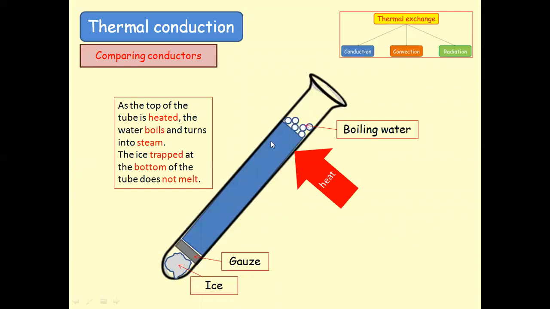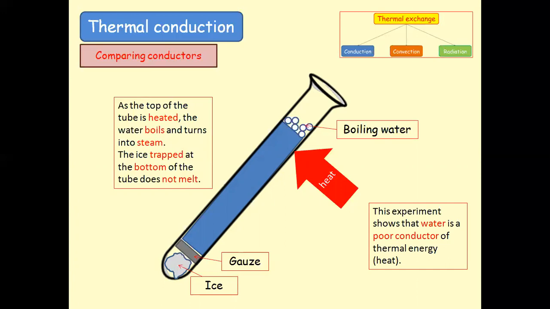Look at this experiment also. We have a tube that is filled with water, and we have gas here that is covered with a piece of ice. And we expose the heat from this side. After a while, the water heated up and starts to boil, while after some time the ice doesn't melt, it is still solid. Now, as you see, the conclusion and result of this experiment is that water is a poor conductor of thermal energy. Since this one is covered with gas, the heat does not transfer to the ice